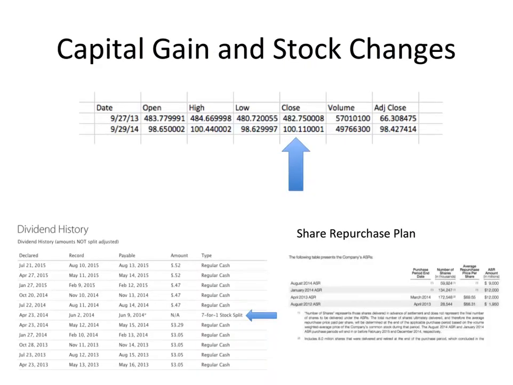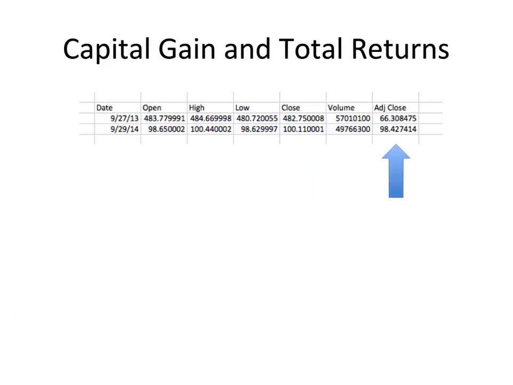The other item that went on was a share repurchase plan. Apple has been generating good earnings and has a lot of cash, and one of the things that they have been doing is repurchasing their own shares. So as Apple purchases back their own shares, the net impact is that the remaining shares have a larger proportion of the company's total return. The net impact of those two changes, stock split and repurchases, along with the dividends declared, are taken into consideration